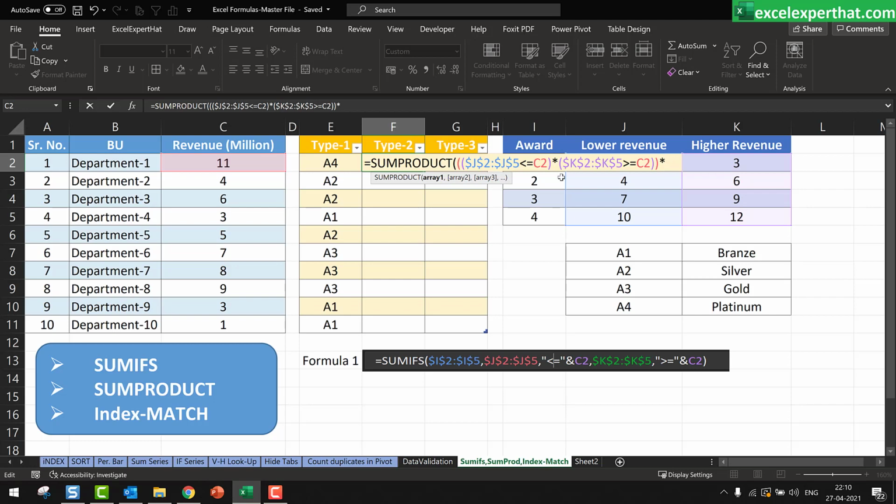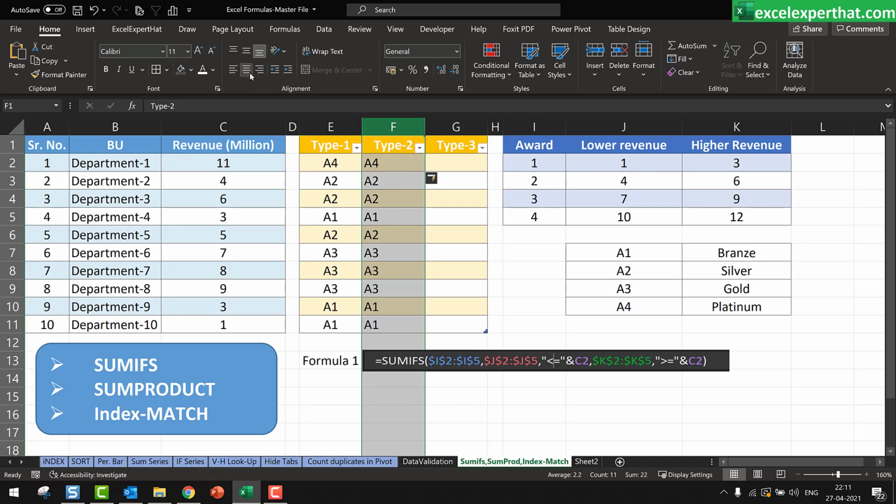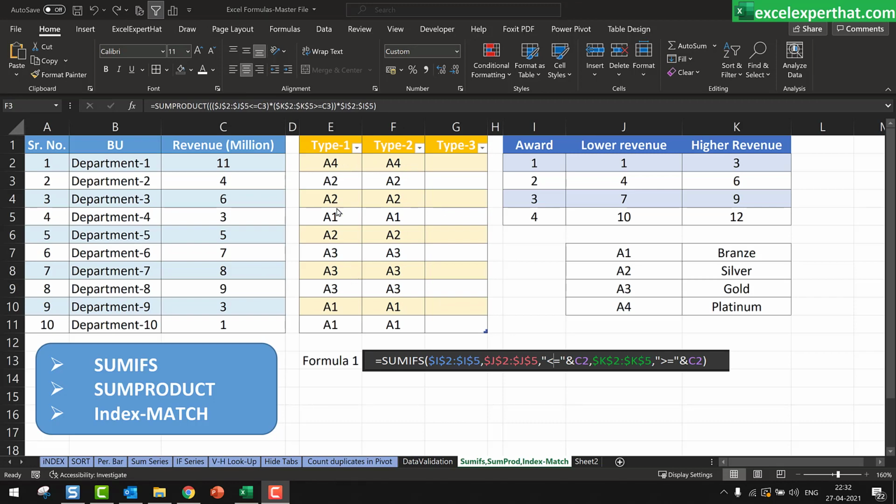this with your awards. Sorry, this is a little bit hidden here. So this is also fixed with F4 and bracket complete. So if you will see, this is our array 1 completed. If I hit the enter button, you will get the result as before. So here our second formula has been completed. Compare these two answers to check our results.